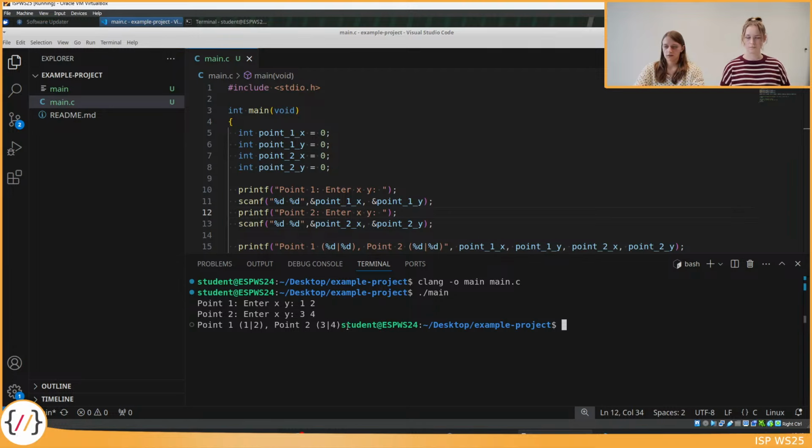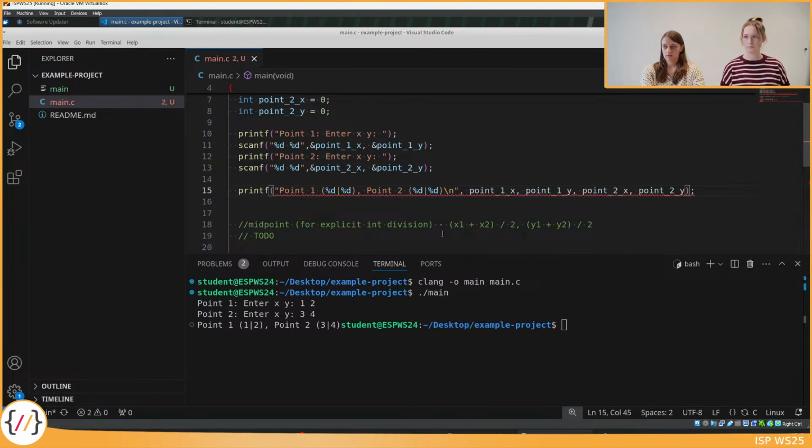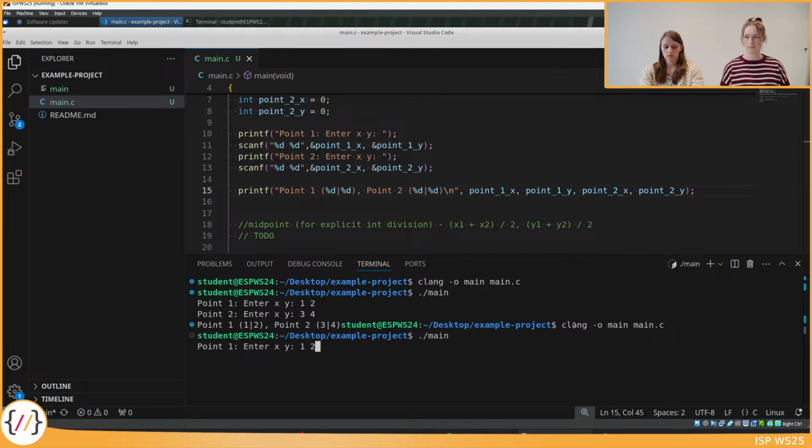Now you can see here that this is a little bit ugly if we already have the prompt for the command line in the same line as our output print. You can also in printf and generally in prints and anything that's a string like this, enter a new line manually if you do a \ and an n. You add that. So if we now just compile our program again, we can see one more time. Now it looks nicer. Now we have a new line in here, and it actually broke to the next line. Right. Okay, then